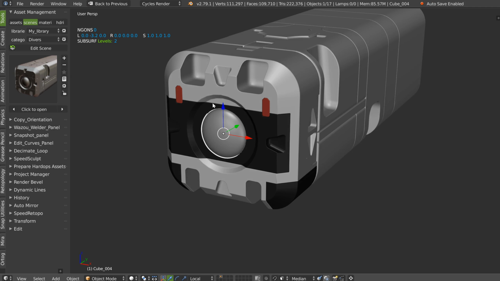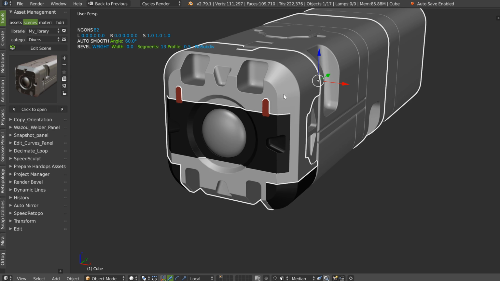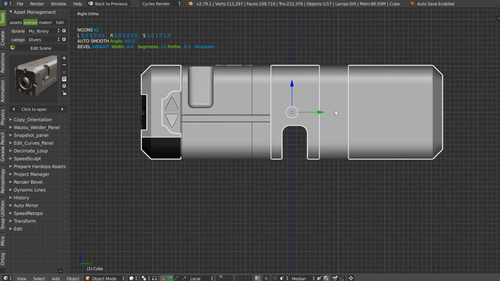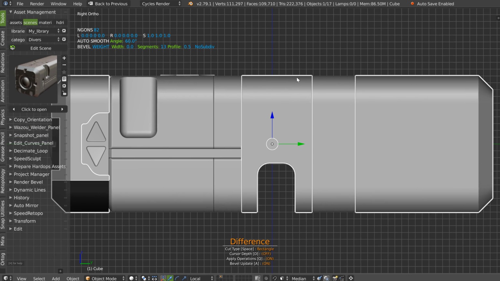The non-subdiv part is for assets for games, for non-subdiv, non-subsurf modifier. You will not add a subsurf modifier on this one, because if you do it, you will have this kind of result, and this is not what we want. This workflow is pretty simple, so you can make, of course, this kind of assets. You can use box cutter or carver, make something like this, and you will have your result.